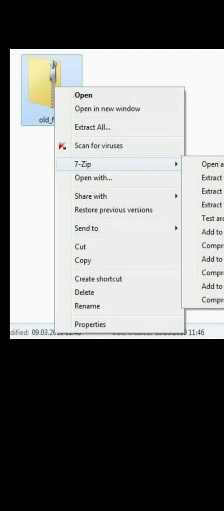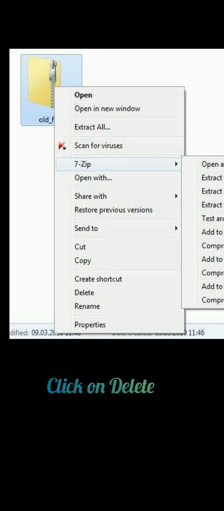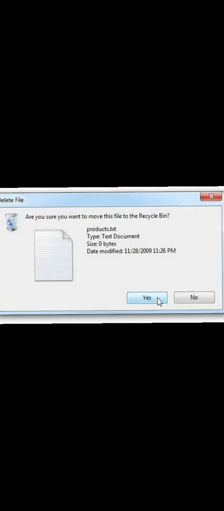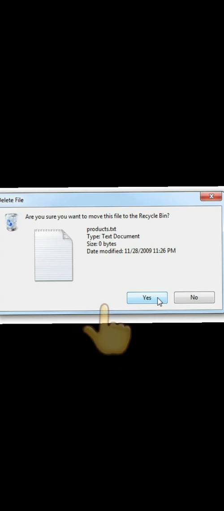Right click on the file or folder to be deleted. Step 2. Click on delete. Step 3. A delete file or folder confirmation window appears. And 4th, click on yes. The selected file or folder has now been deleted.